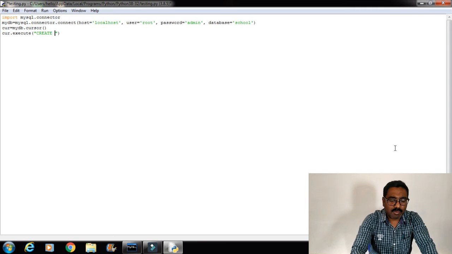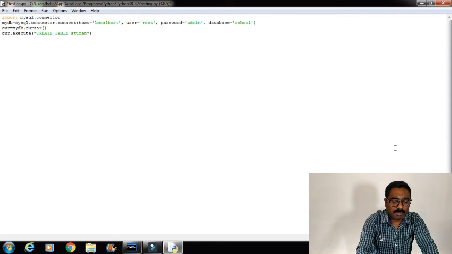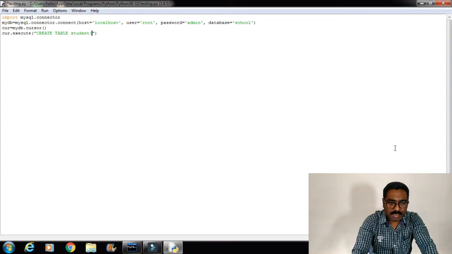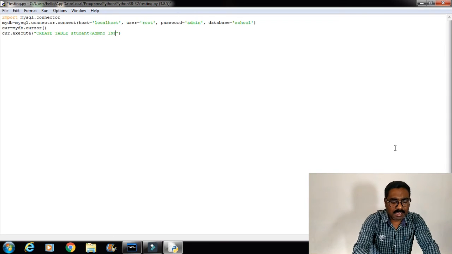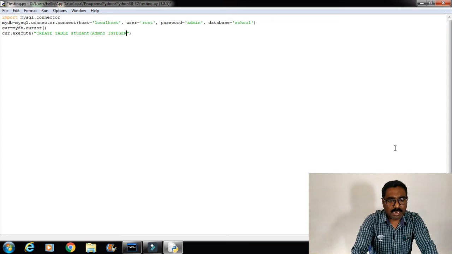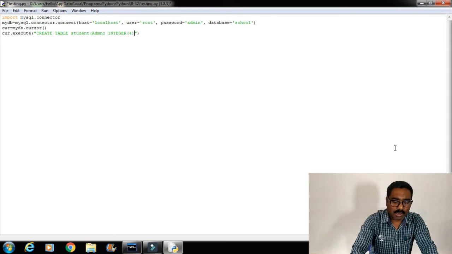Now suppose I am using the command create table, then the table name, suppose the table name is student. Then start the bracket. Inside the bracket, I have to mention the attributes. The first attribute, suppose admission number. The data type is integer, the length is 4. Comma.